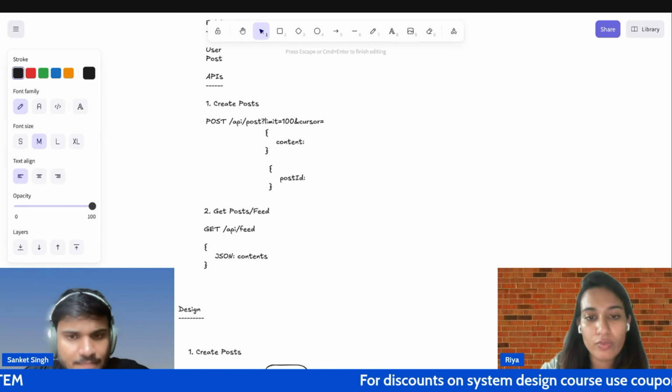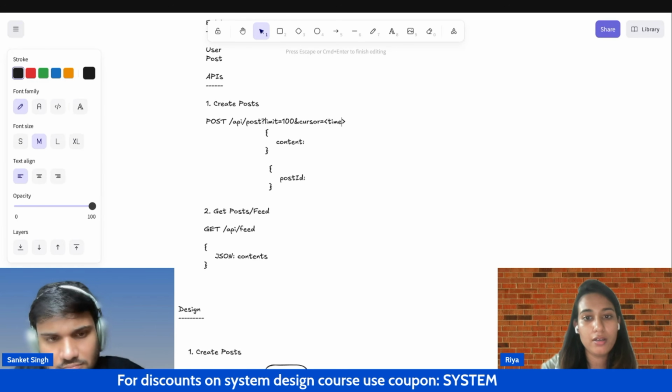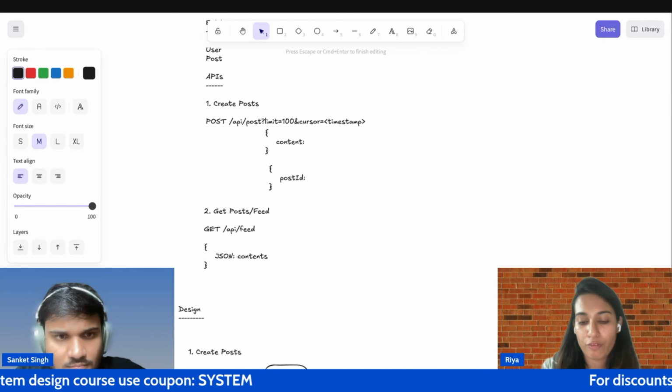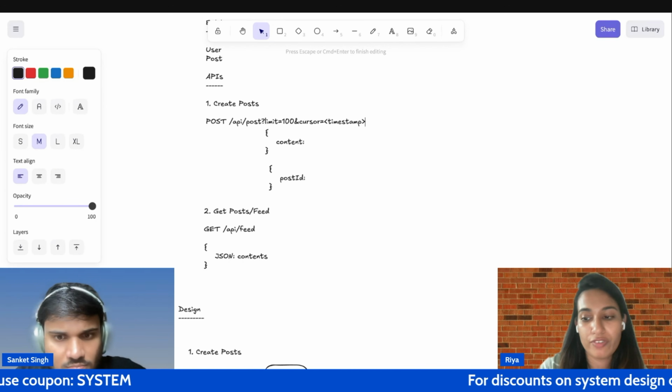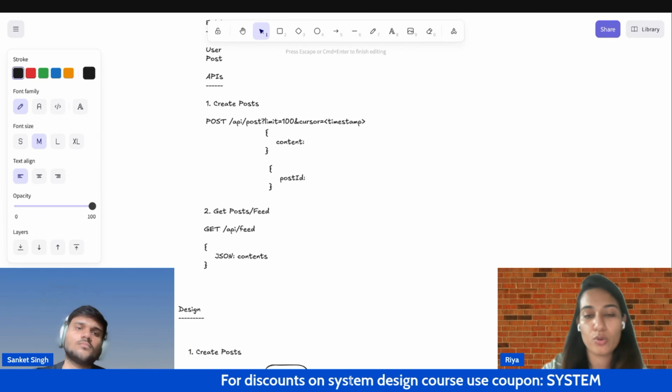Now, I told you we are going to use cursor-based pagination, and the cursor over here is essentially going to be the timestamp for our case. So essentially, let's say for a particular day, you refreshed your feed at 5 p.m. and then you want to display only the posts that